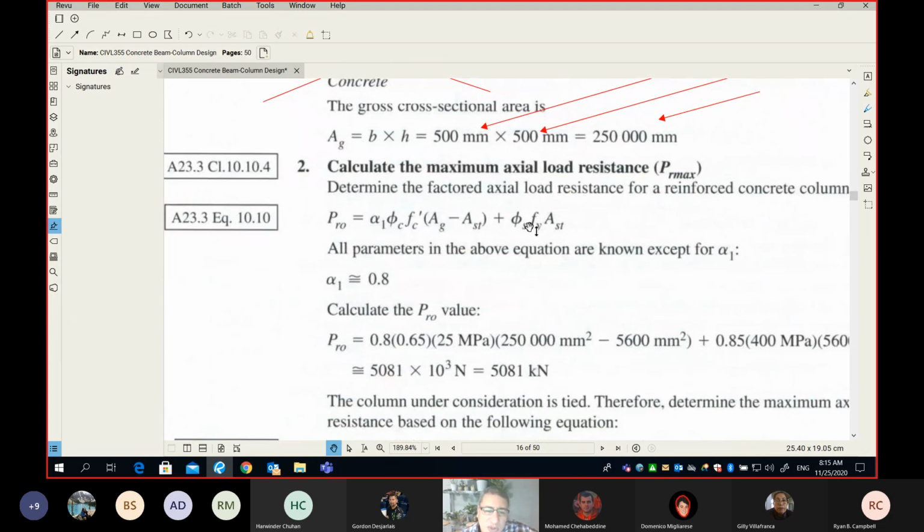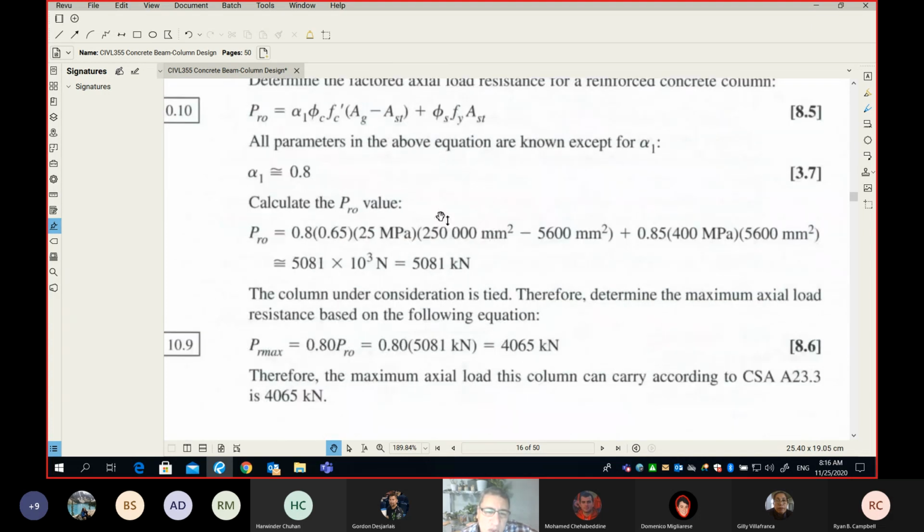Now all you have to do is find your Pr maximum using the equation. Remember alpha 1, for the non-linearity of concrete stress and strain, has an equation in the code, but as we agreed in our class, for simplicity, we're going to use alpha 1 as 0.8, and beta 1 is 0.9. There are no superscripts here. Let's do it. We multiply alpha 1, which is 0.8, phi c, which is 0.65, f prime c,